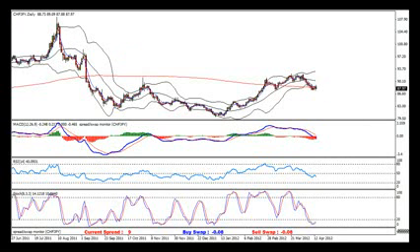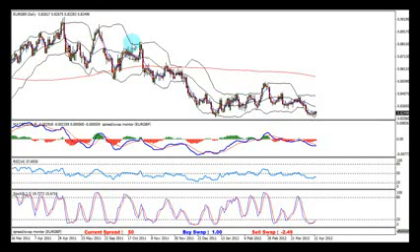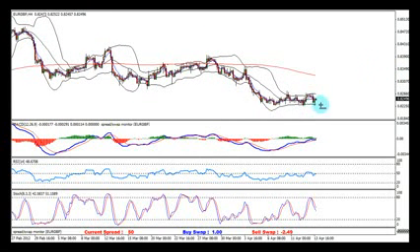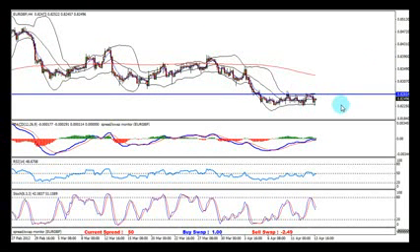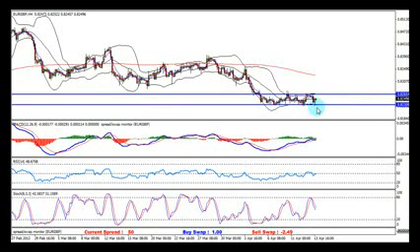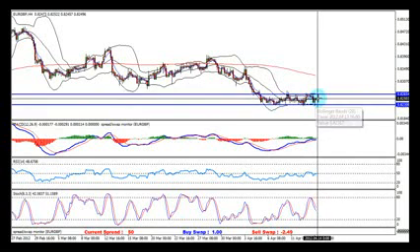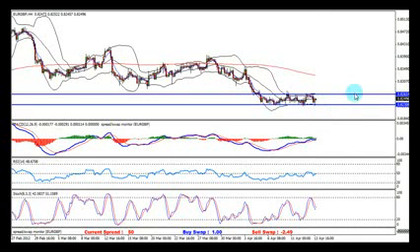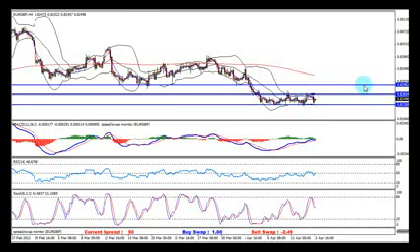Euro pound is our next opportunity, and we might find an interesting situation on the 4-hour chart. We have a clear sideways move right here with several spots already, 1, 2, 3, 4, 5. Most likely it's about to have the 6th, or break up or down. Breaking up should lead the pair to go around the